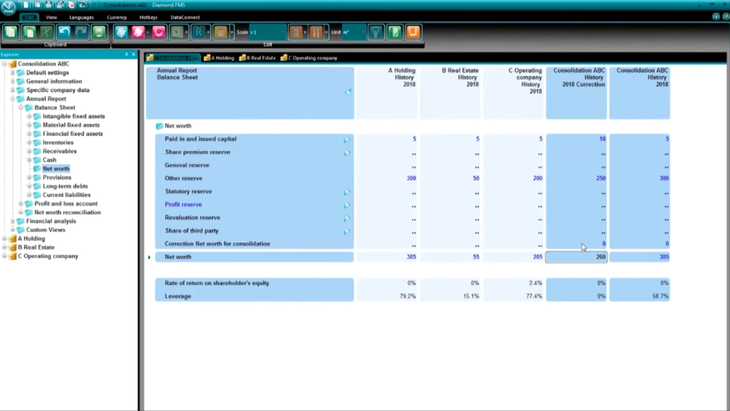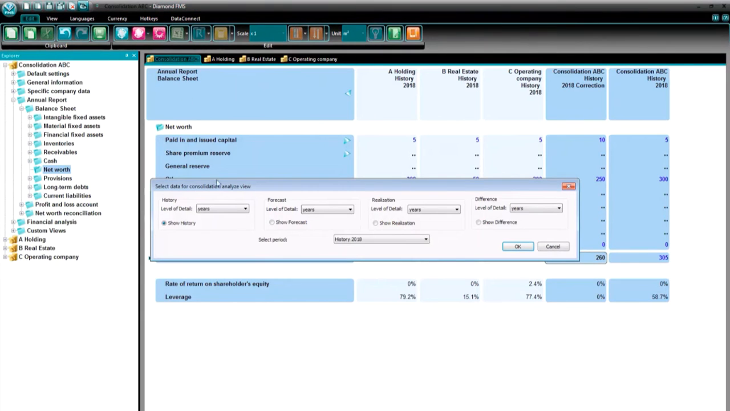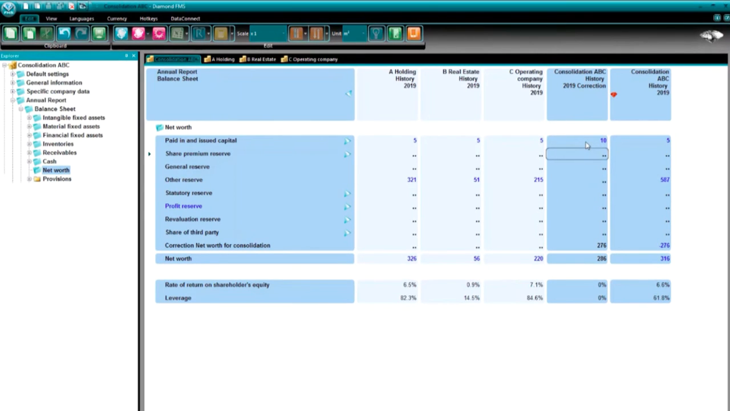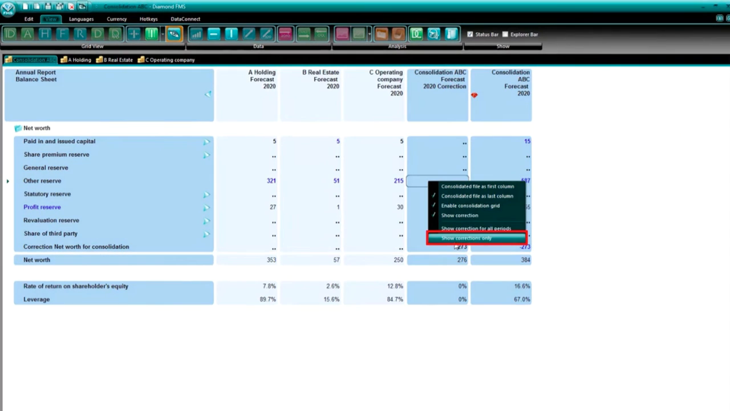Let's do the same for the years 2018, 2019 history, and 2020 realization. You can use this button to switch between years. There is also another way to do it. If you need to, for example, adjust the values in a sequence of periods, select Show Corrections Only from Context